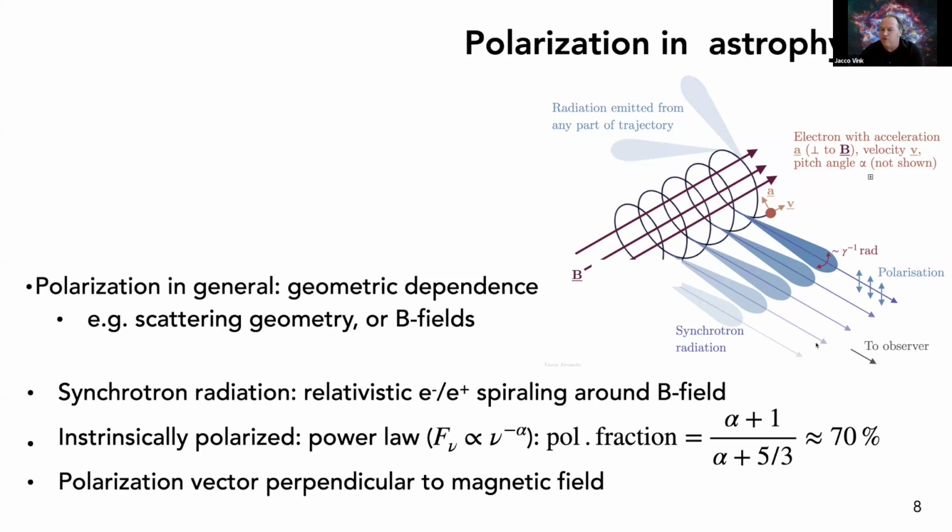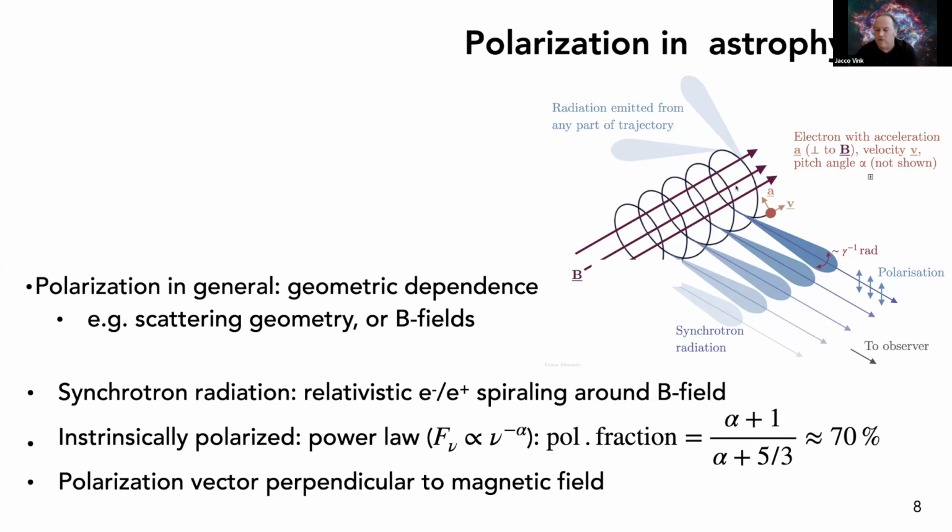And here you see a picture from Wikipedia. So you have a magnetic field here. The electron spirals around it, and then the polarization direction is perpendicular to this magnetic field. The radiation and the frequency is determined by the fact that you have some Lorentz boost of your emission. So normally, if it's not relativistic, you would emit in all kinds of directions, but you get a very narrow cone. And whenever your eye meets the cone, you have a brief flash which determines the frequency of the radiation.